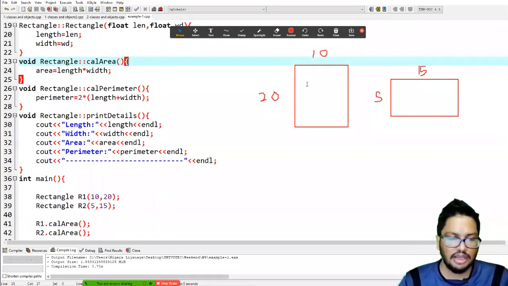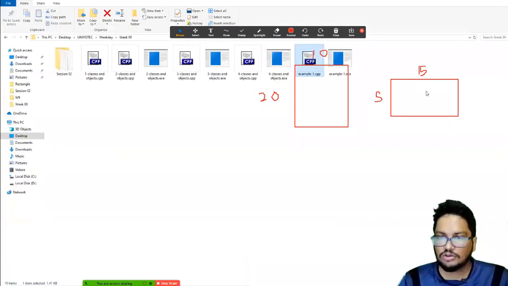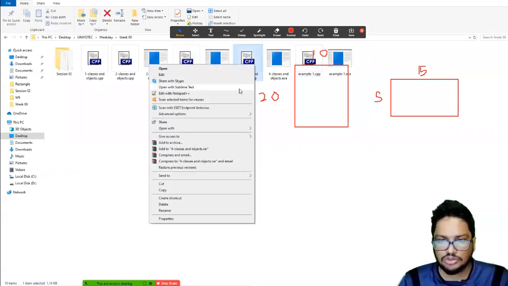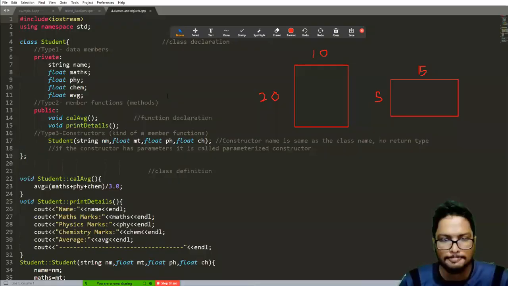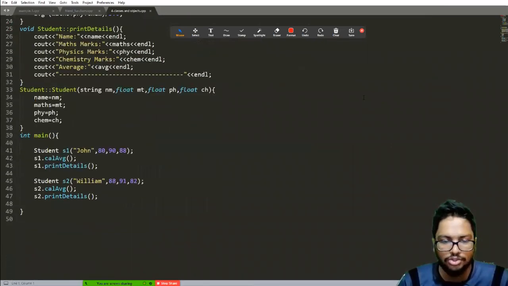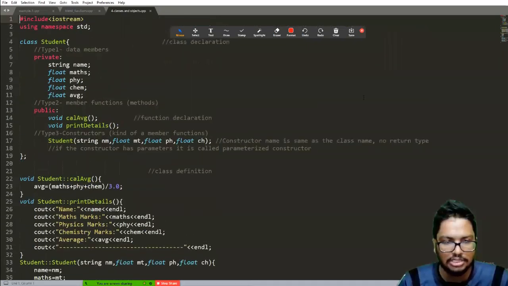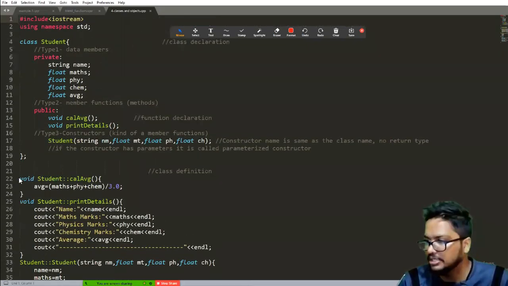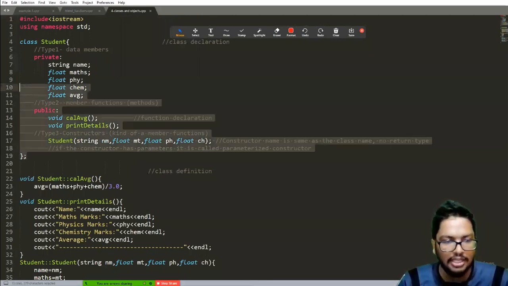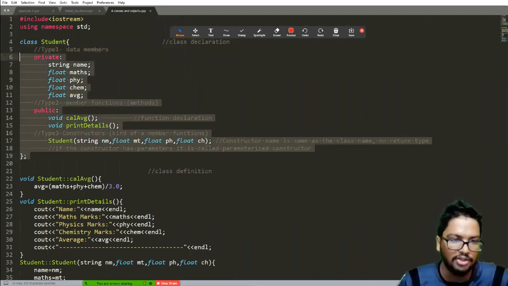So I want to explain one more thing to you. So let me close everything and just open the last code that we implemented. Okay. Now you know that, right? So you know that, don't worry about the editor. We are not going to run the codes here.